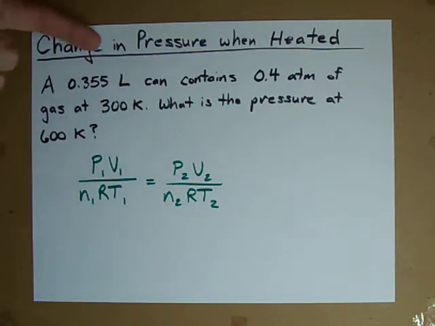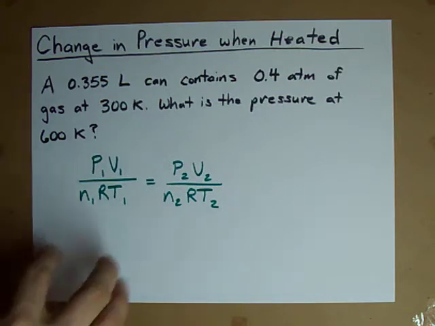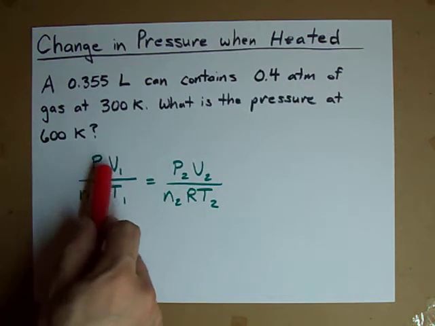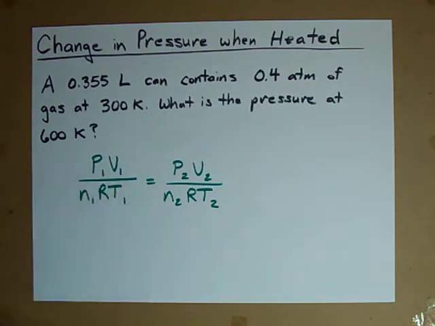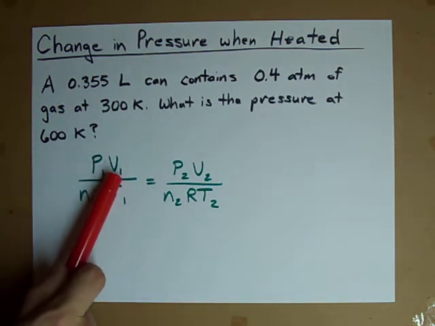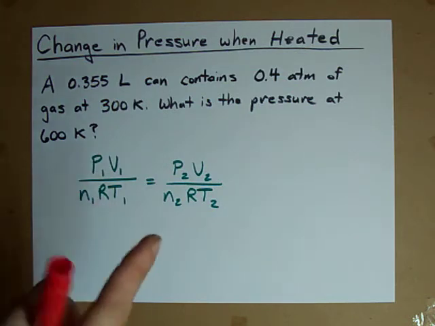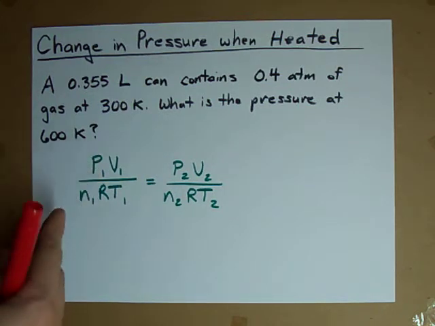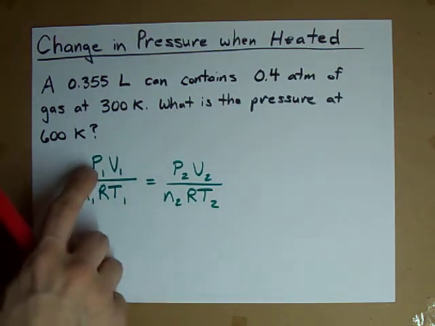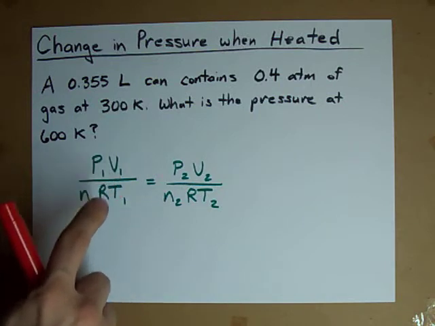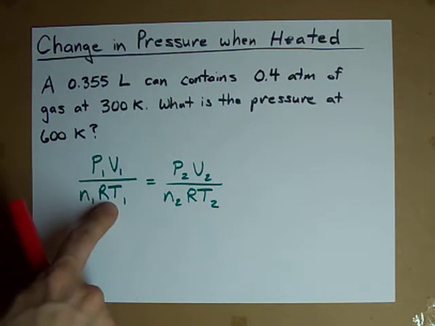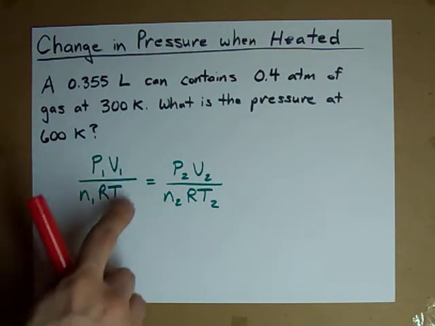Well, when pressure, volume, or temperature change in a question, I like to use this equation. This is basically the ideal gas law. PV equals nRT. Now, if I take PV and divide it by nRT, I'm going to get 1 because PV equals nRT, so we're dividing something by itself. The point is that the initial pressure times the initial volume divided by the initial number of moles times R times the initial temperature